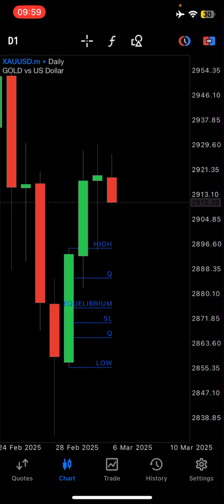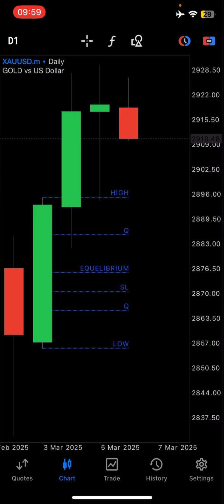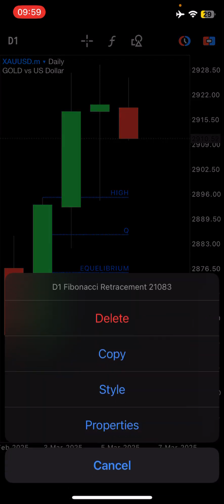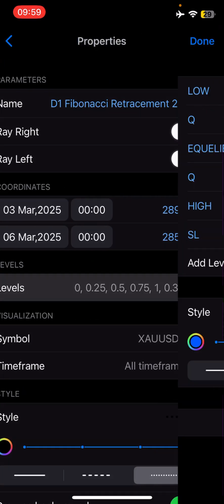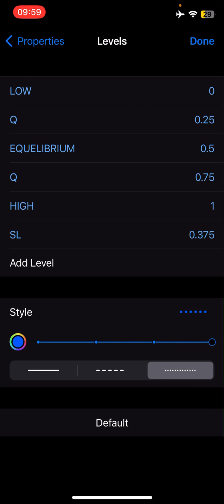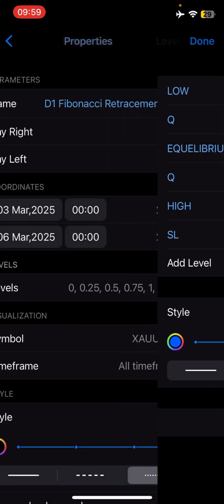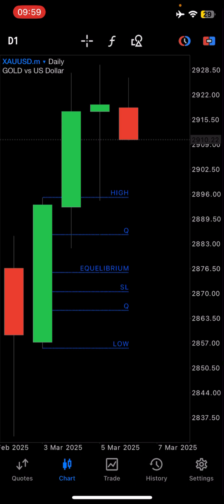So on Monday we had a large green candle. So on Tuesday I was anticipating another bullish candle. Okay, so I use this Fibonacci to measure where the candlestick might go or where it might not go. This is based on past price action. It's not based on the idea that it will do that all the time. So it's based on past price action.